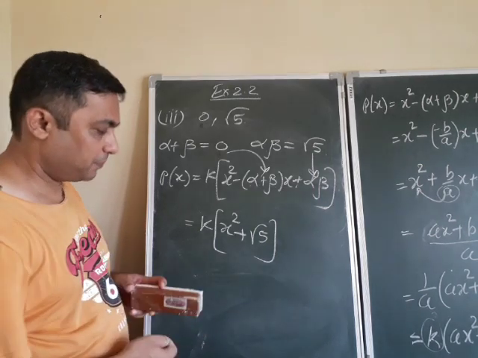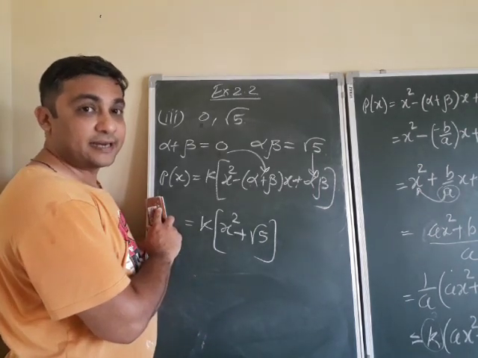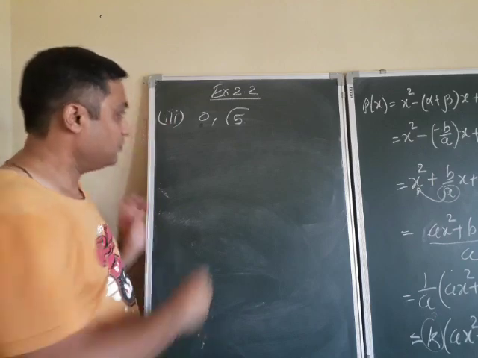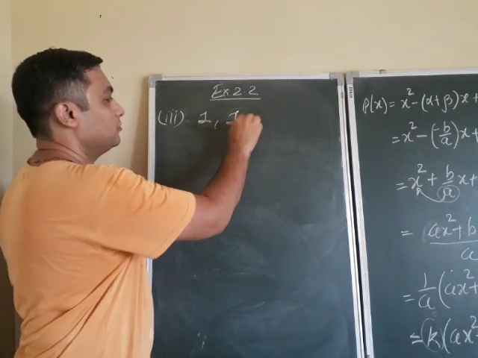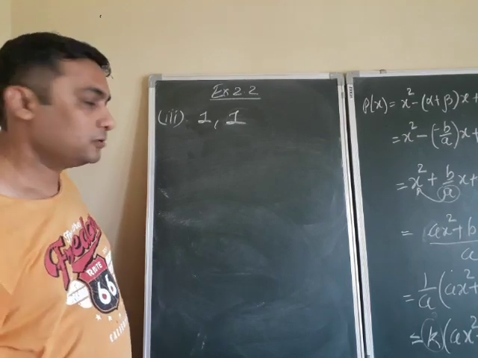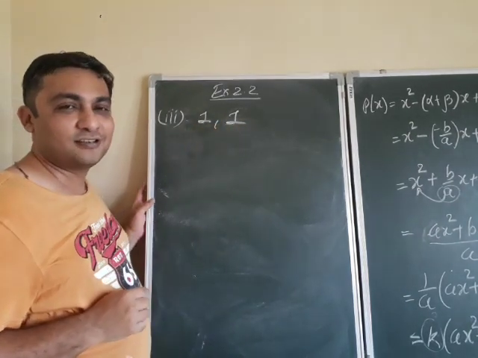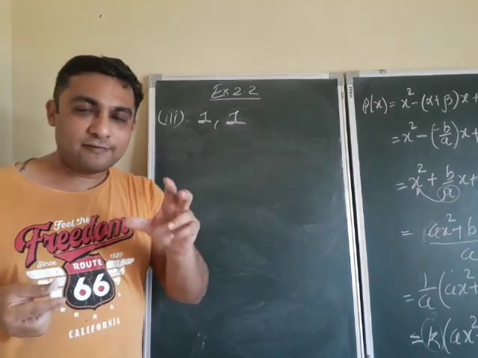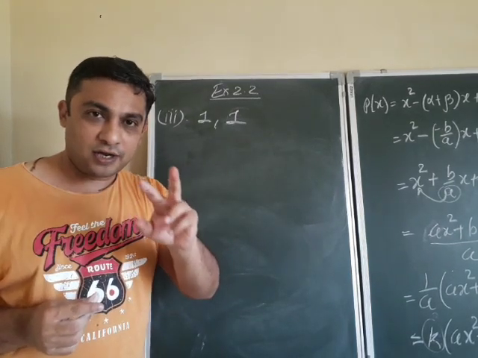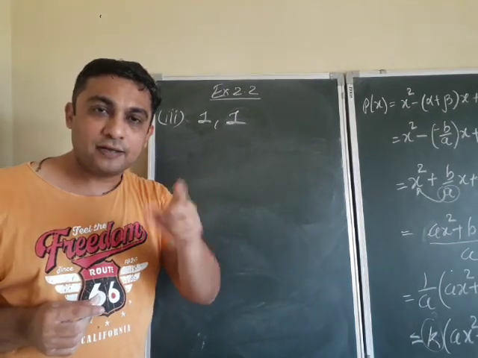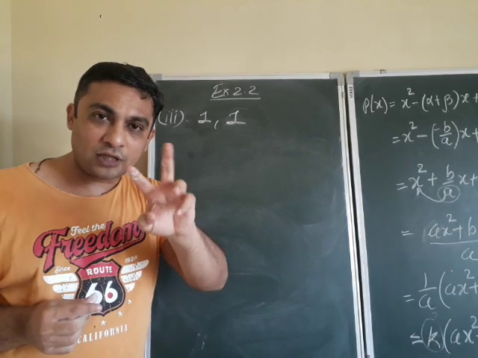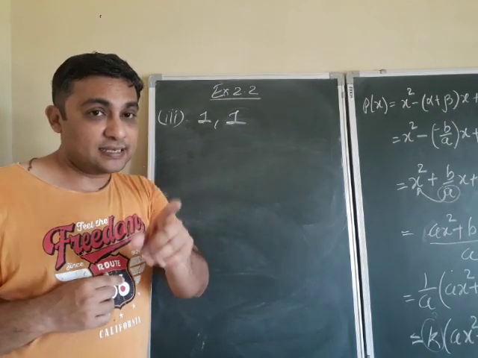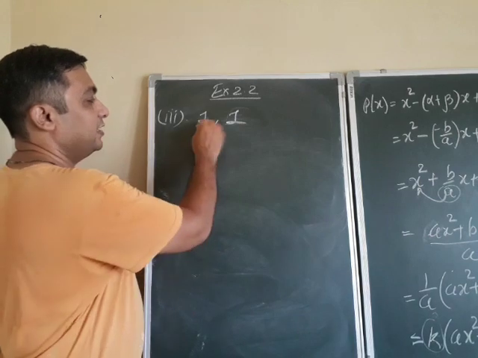Chaliye, ready? See the third one. Third one is interesting. See, in the third one, the example is given as 1, 1. Chaliye ready, see here, both roots are same. Haan, it is possible that both roots are same. If a quadratic equation may be arranged as a perfect square, in that case the roots come out and both are the same. Understood or not? In case it is arranged as a perfect square. Understood? So see here.